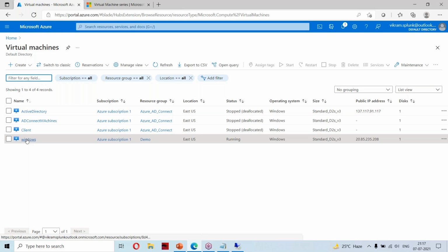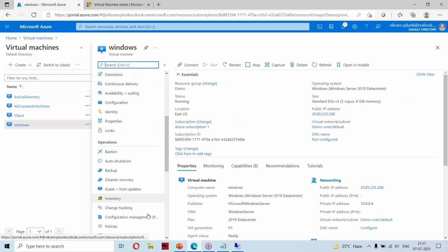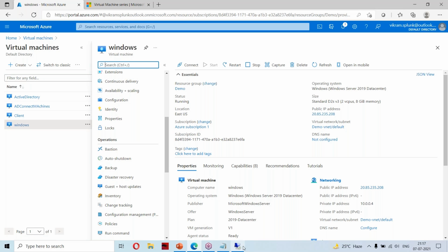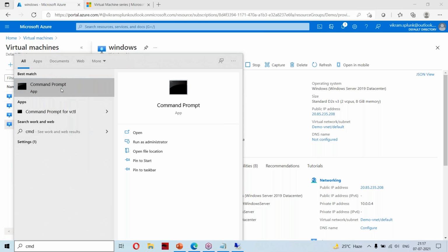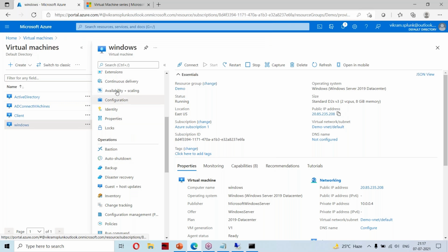Now what I will do? Yesterday we got stuck at something: we were unable to ping this device. This is my public IP. While discussing network security groups, we were unable to ping. The problem is that I had given the port number. That's it.